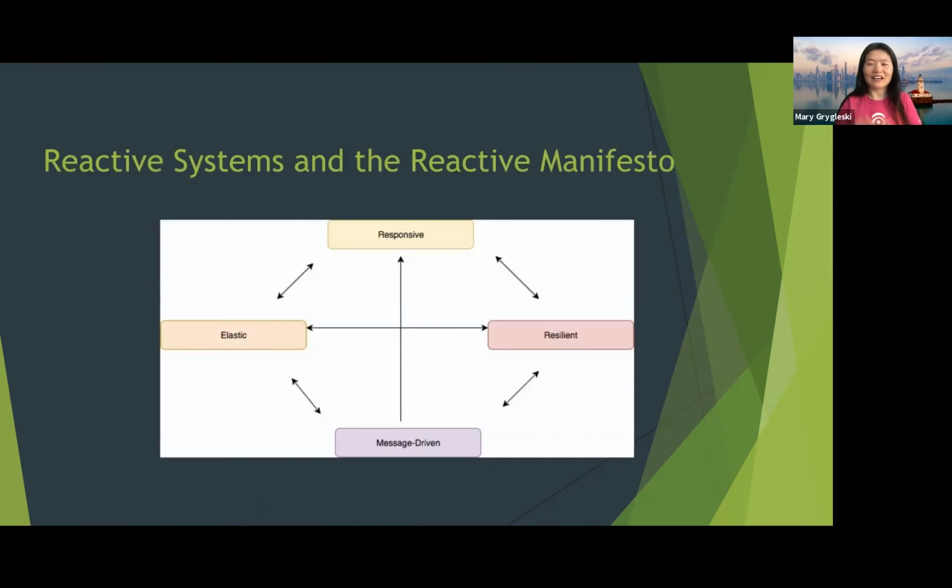What about reactive? Now, like I said, I brought up stateful and doing cloud native, and the goals of it overlap with one another. So reactive systems has this concept that you need to be responsive, you need to be resilient, your application needs to be elastic. And ultimately, all of it is enabled by a very message driven nature. Now, the one thing about reactive that's different than the normal way of thinking of microservices is that it is definitely event-driven and asynchronous, but it also deals with data as streams. So that's one major difference.